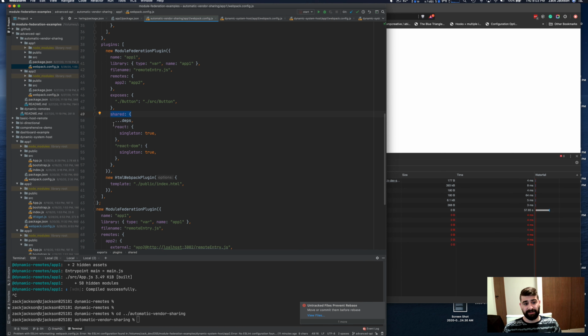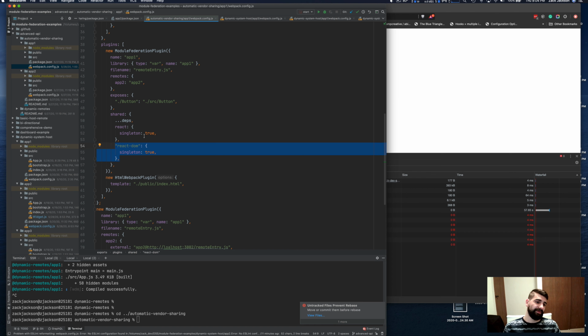I'm going to say React's a singleton. React DOM is a singleton too. There should not be more than one copy running ever. And it should probably default to one of the newer copies. If an older one uses another one, we need to use the best available copy, and everybody has to use that. So the only cool thing that I'm calling out in this app is you see this spread